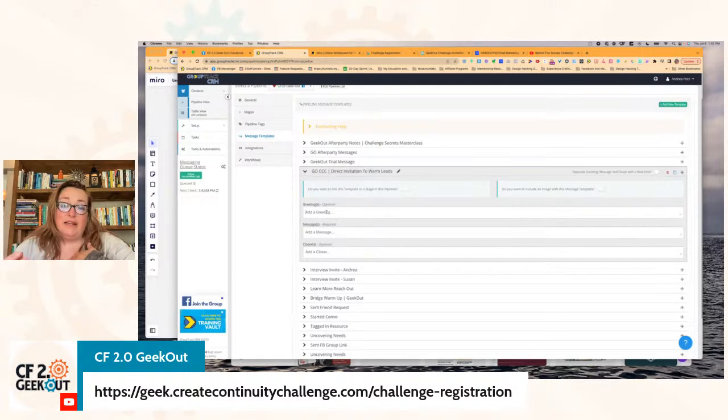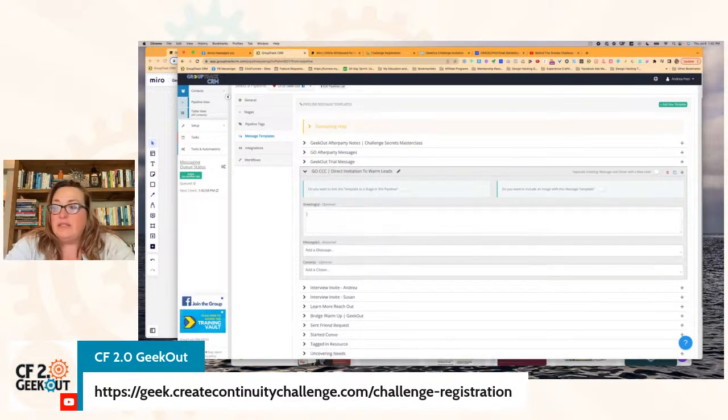So what Group Check has done is they've allowed me to make iterations of the same message so that it spins and Facebook doesn't say, oh, that's the same message. It's a bot, right? So how this works is I'm going to say, it's first. Okay, so we're going to go first, and then the pipe allows it to spin. So first, and then it could also be, actually, we don't want to say first. I'll say hi, and then